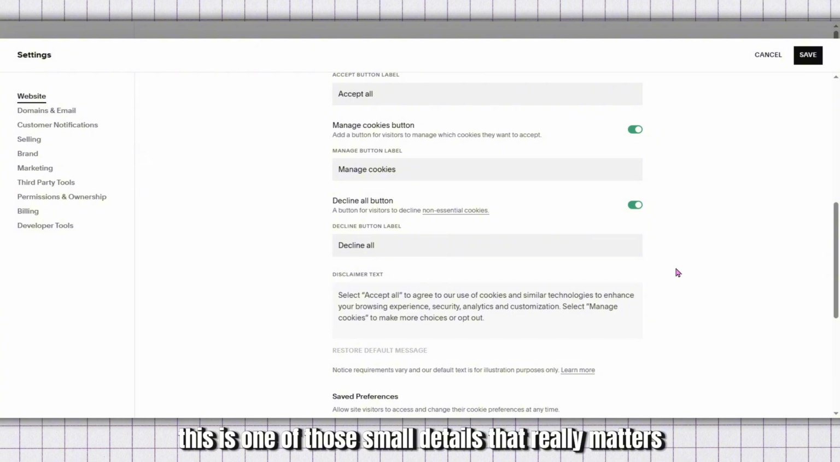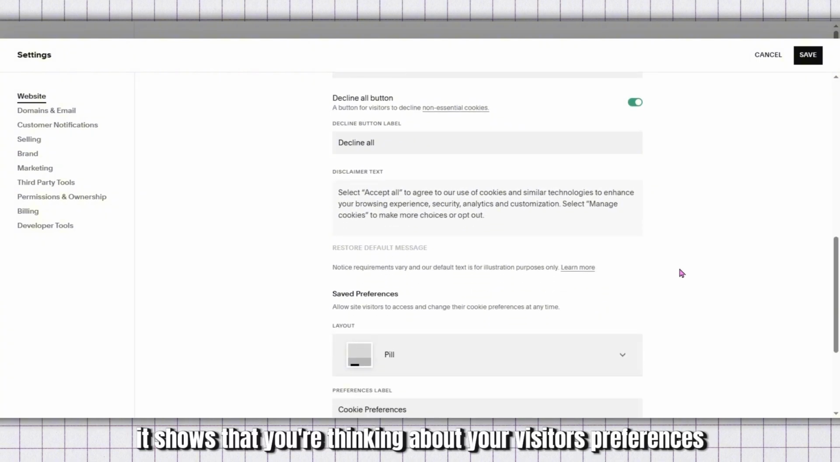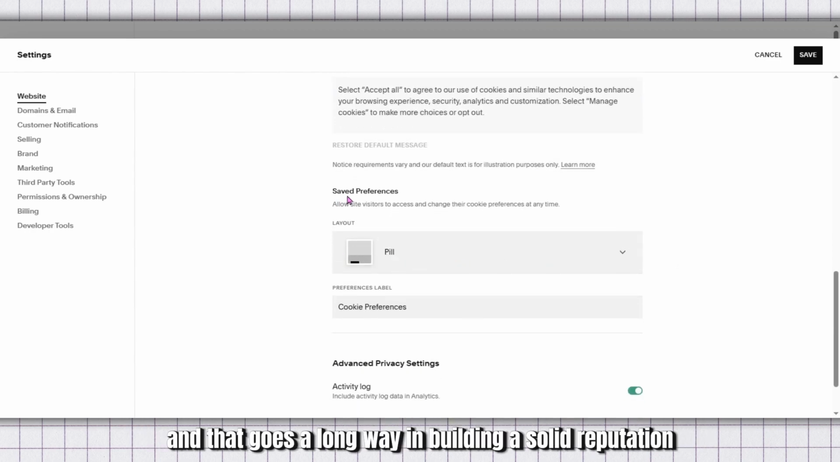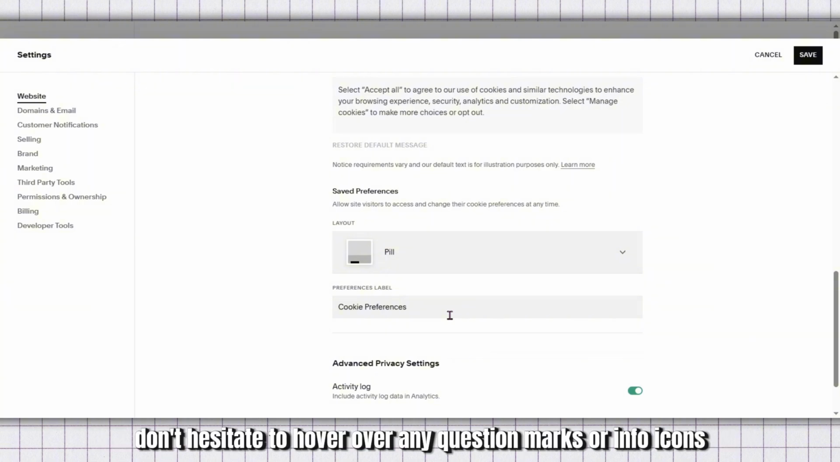This is one of those small details that really matters. It shows that you're thinking about your visitors' preferences, and that goes a long way in building a solid reputation for your brand. If at any point you're unsure of what something means or how it works, don't hesitate to